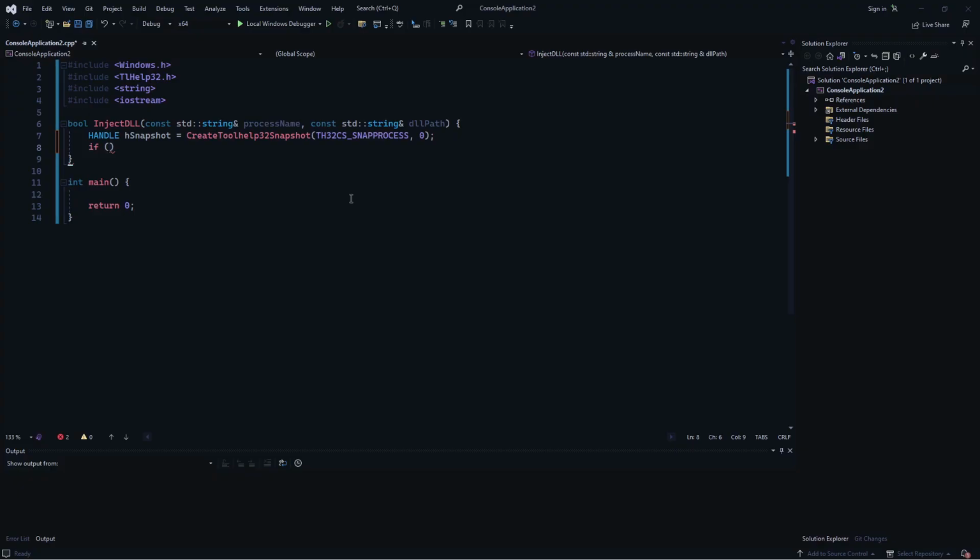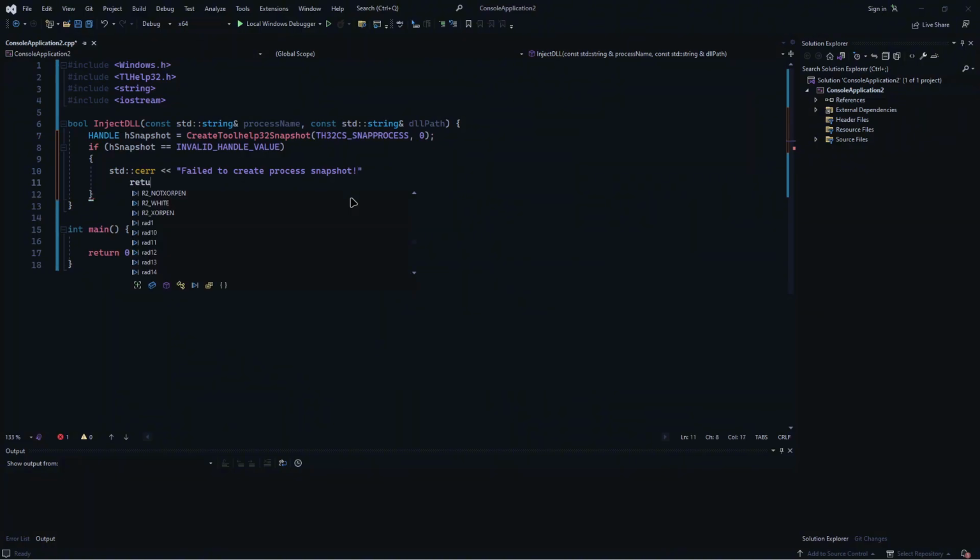an error. So if hSnapshot equals INVALID_HANDLE_VALUE, then we are going to throw an error. So std::cerr, let's say, I don't know, "Failed to create process snapshot," and we are going to return false, the DLL inject function, so the program knows the injection has not been